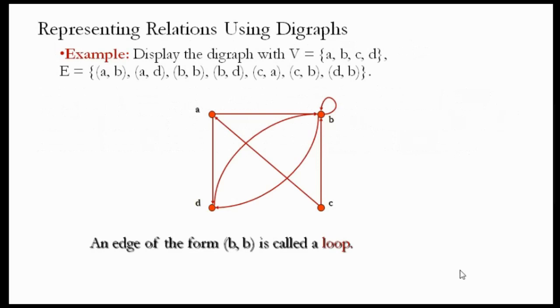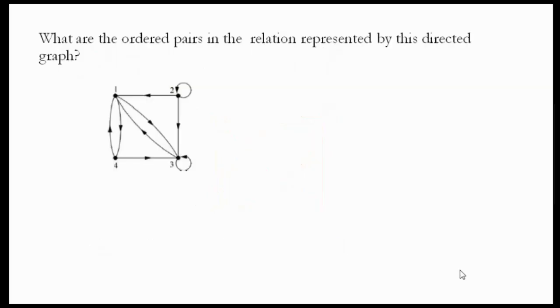Representing relations using a digraph. So here is a relation over the set V equal to A, B, C, and the relation was mentioned as (A, B), (A, D), (B, B), (B, D). Wherever (A, B) is there, from A to B a directional edge should be placed. Like that, from A to D also one directional edge should be placed. B to B means a self loop. So this is the form of the diagram once you form these particular edges.